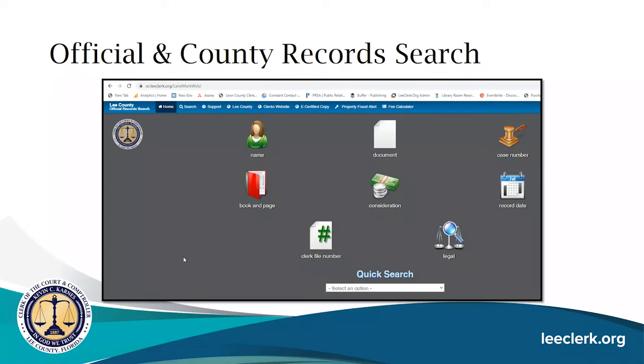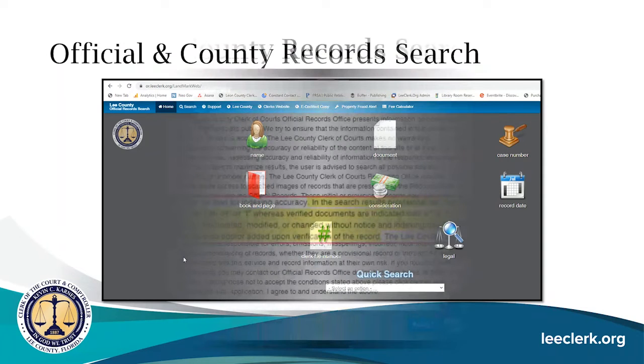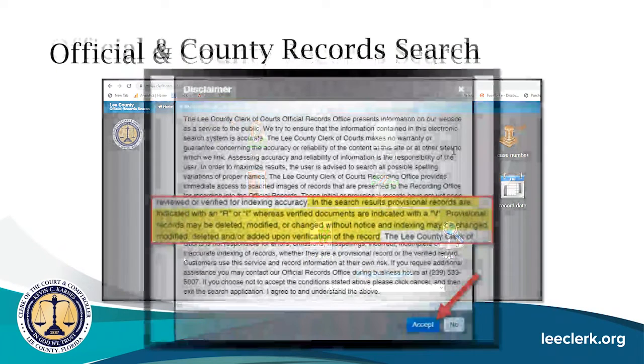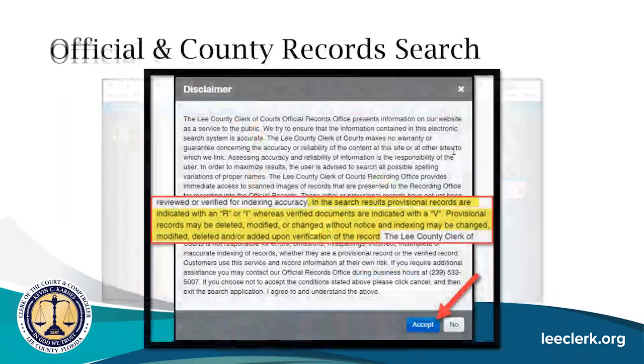However, this is that instance where I mentioned that you may need to use multiple sites to get the information that you need. The Lee County Property Appraiser's Office, or LCPA, you can search using an address. So you can start there, search by an address, get some perhaps name information, and then use our site to perform further research. So once you click on an option, you will get a disclaimer box that pops up